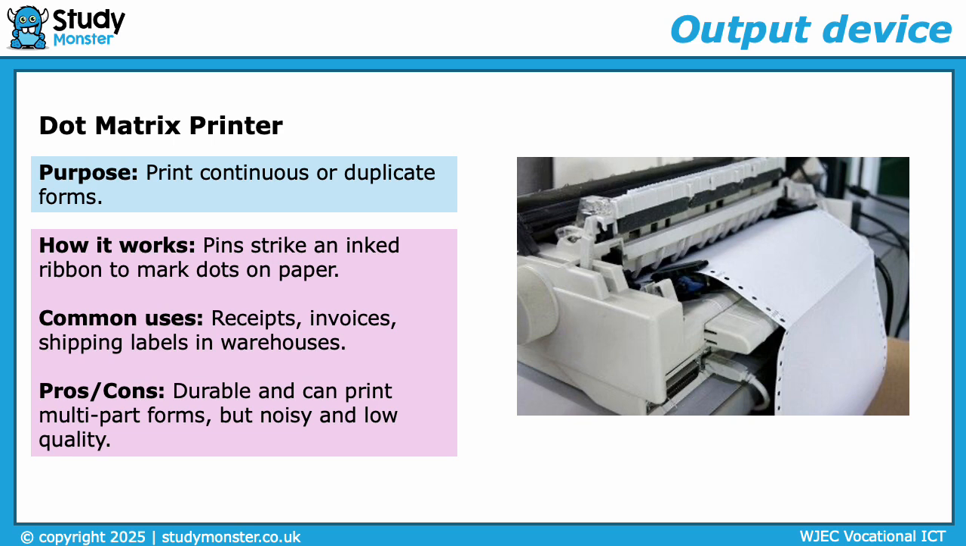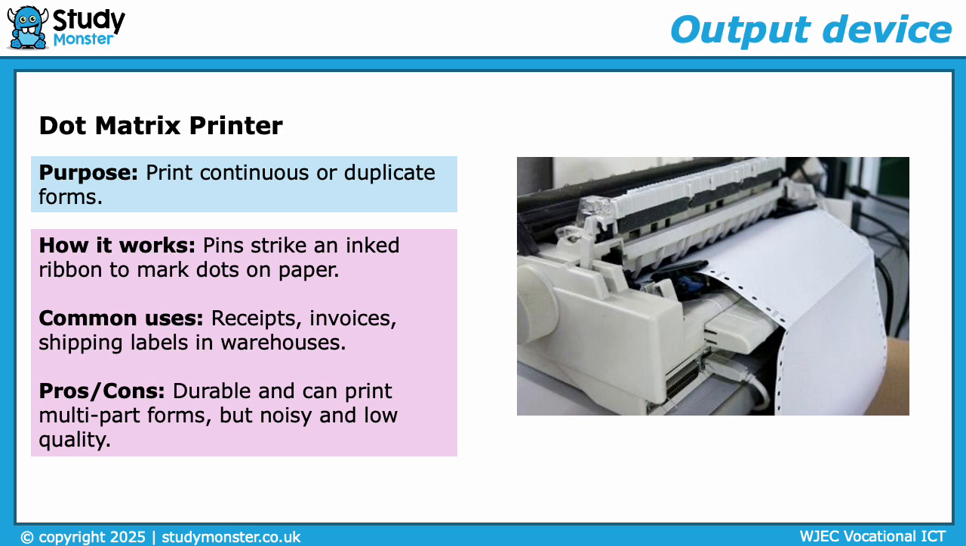Dot matrix printers, these are really old technology now, but they print continuous or duplicate forms. They stand out because the paper that's used on them has this edged sort of tearaway section of it where it's fed through on little handles. The pin inside of the printer strikes an ink ribbon above the paper, which marks the paper with ink. Common uses are receipts, invoices, shipping labels in warehouses. So somewhere where they're printing